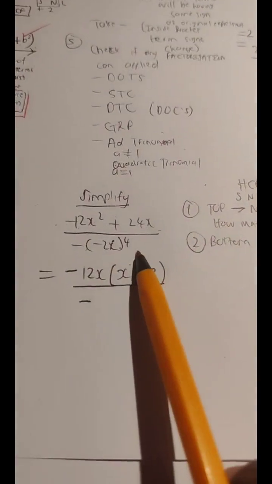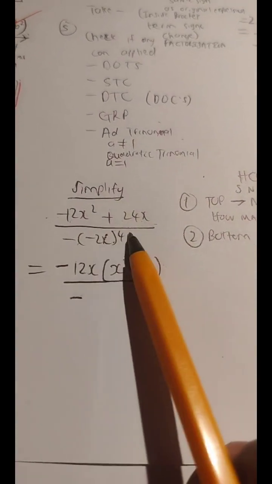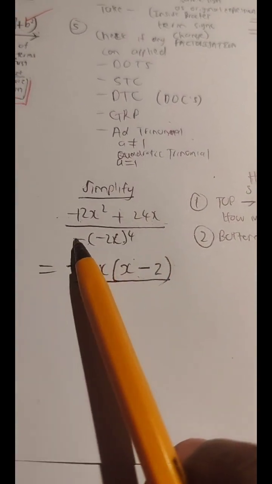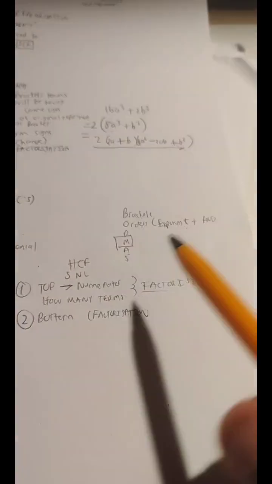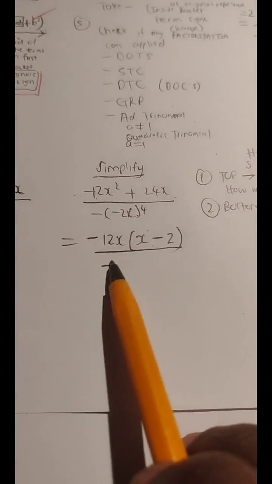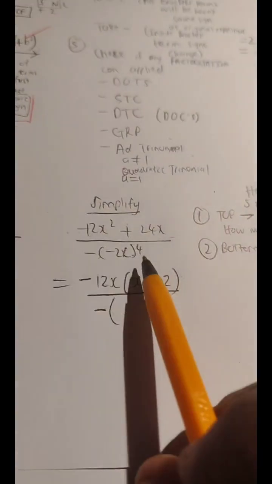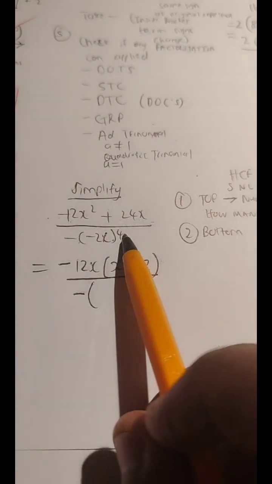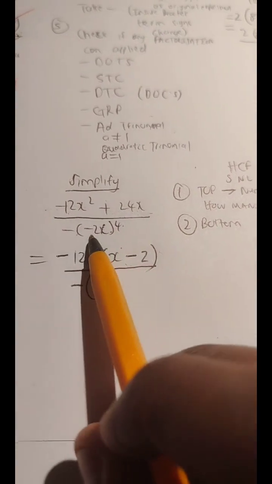Brackets. O means orders, and order means exponent and roots. So our priority is the bracket with the exponent. This negative sign is going to be multiplied. Remember, multiplication comes later in BODMAS after orders or exponents and roots are applied. Division and multiplication come later. So that's why the negative needs to wait for a moment here. Let's apply the even exponent to the single term that is inside the bracket.